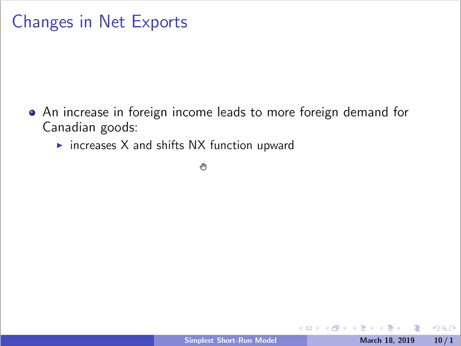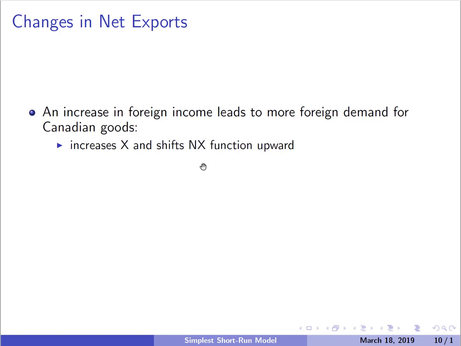All right, so changes in net exports. An increase in foreign income leads to more demand for Canadian goods. So holding Canadian income constant, if some other big country becomes wealthier, they start importing more Canadian goods, just like if Canada becomes wealthier, we start importing other countries' goods. So if incomes in a country other than Canada go up, they're going to demand more Canadian goods. What that's going to do is